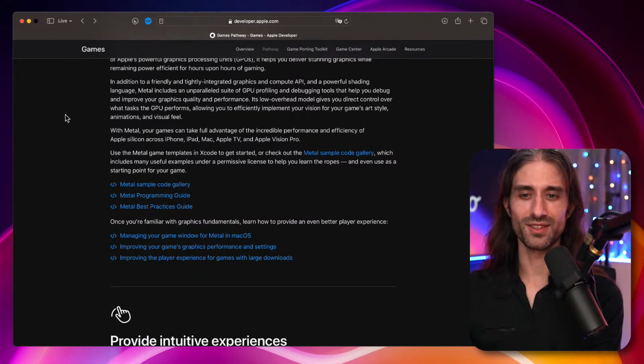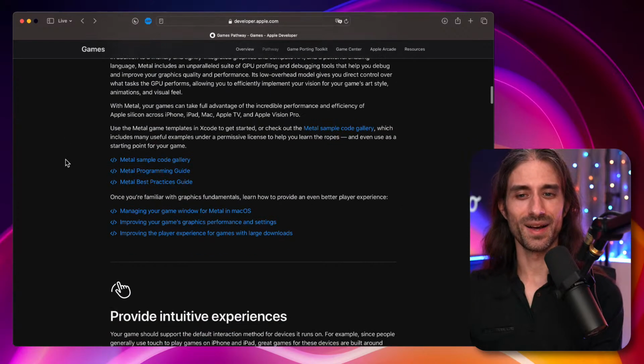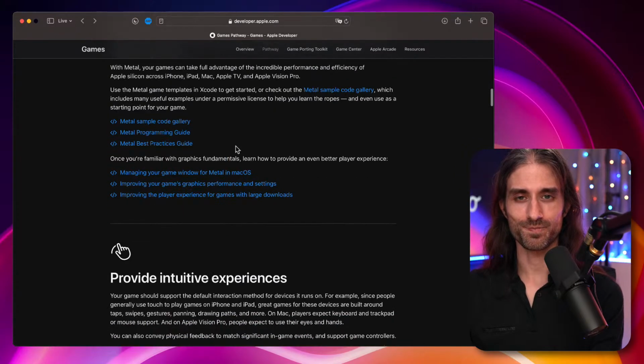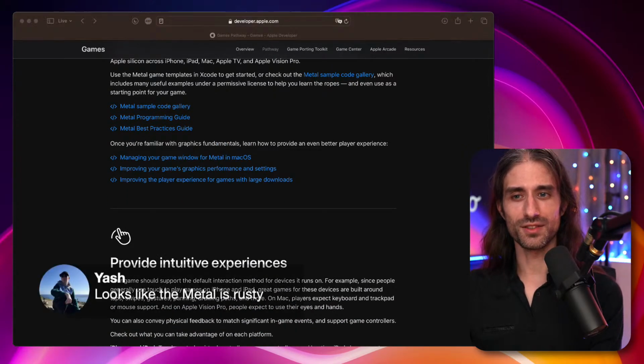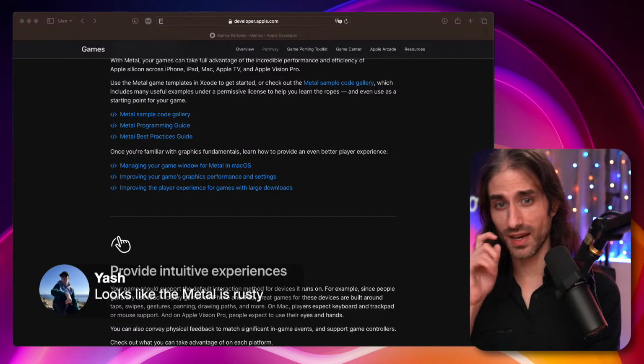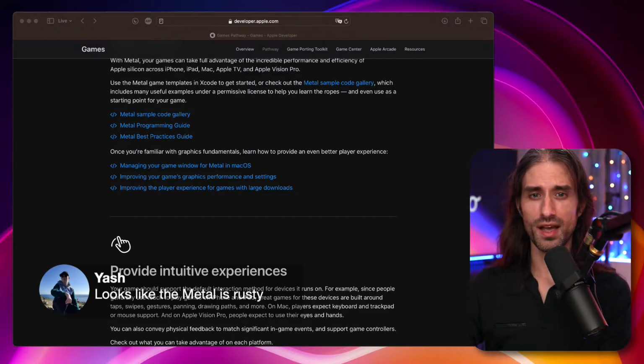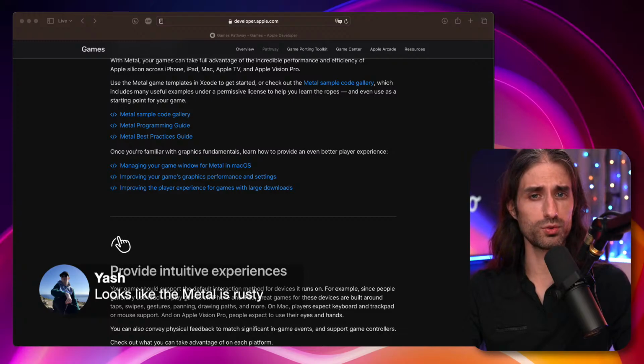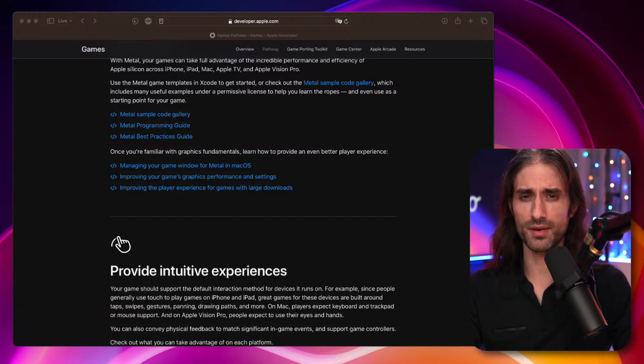So nice of you for calling it out. I'm not sure if they are still there. I hope that at least they don't show deprecated stuff, that it's just in the archive part. But I wouldn't say that Metal is rusty in the sense that it's still used, but it's very possible that the API has evolved and the way you would do Metal when it was released something like 8 years ago, a bit more, is very different than the way you do Metal today. So yeah, I would be careful about it, to be honest.